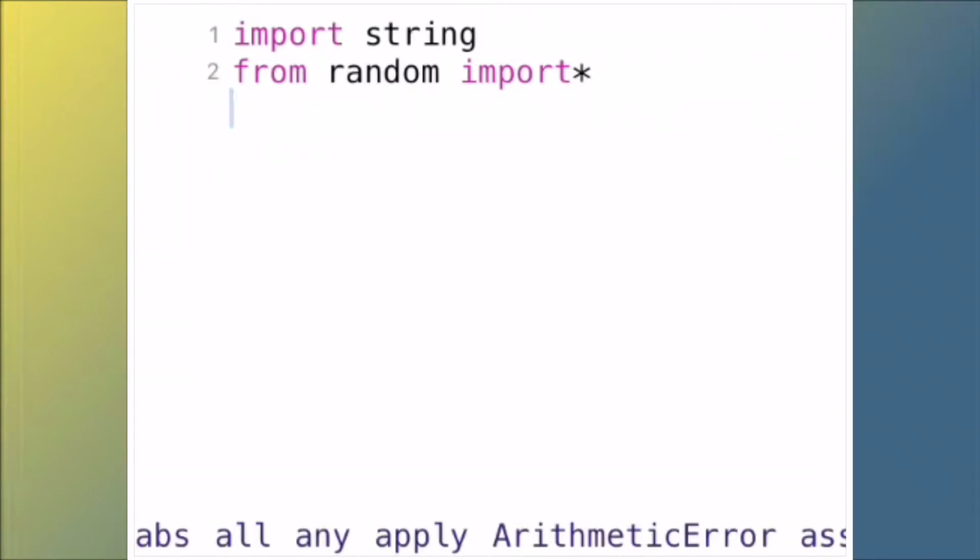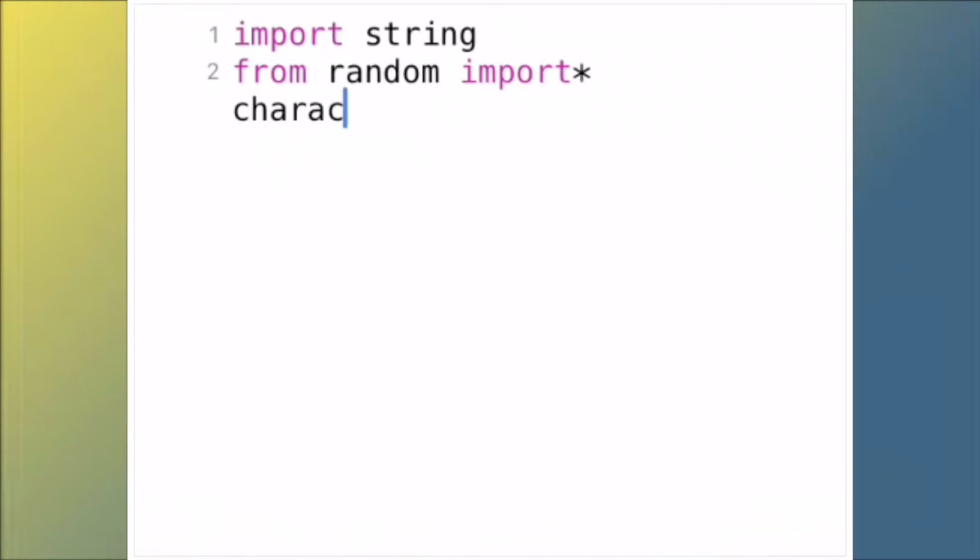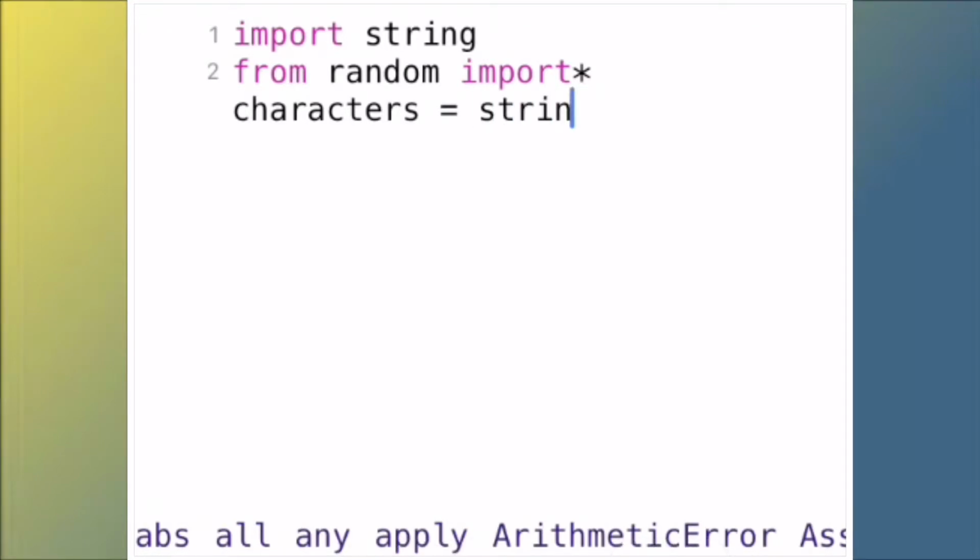On the third line, we want to put characters. I think I spelled that right. Okay, then equals string